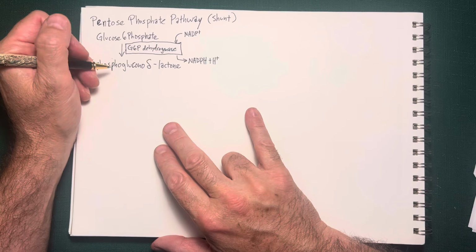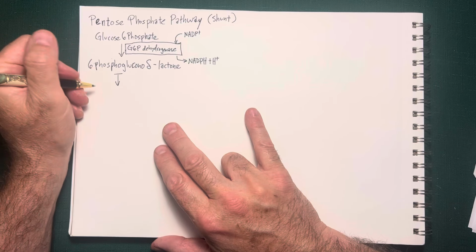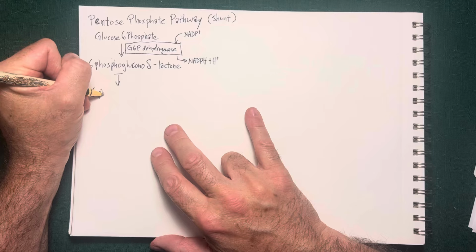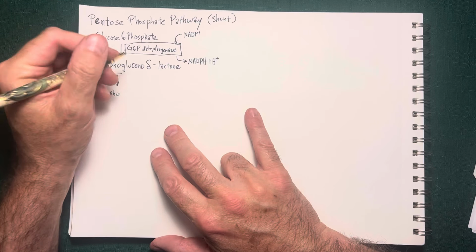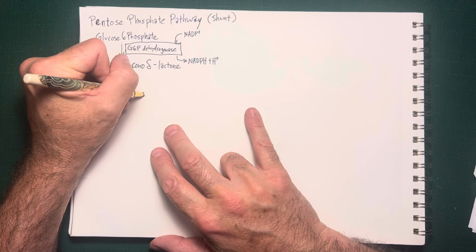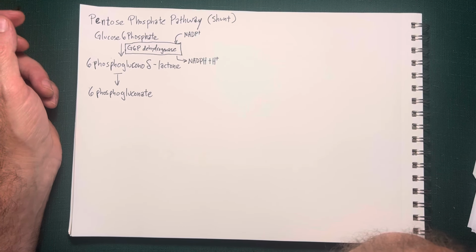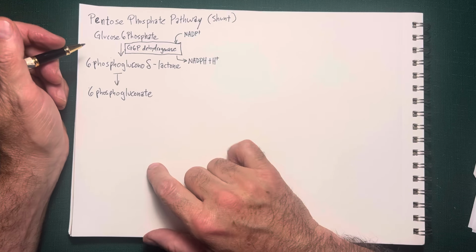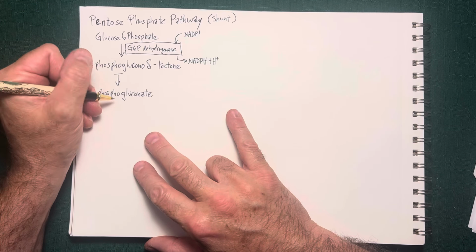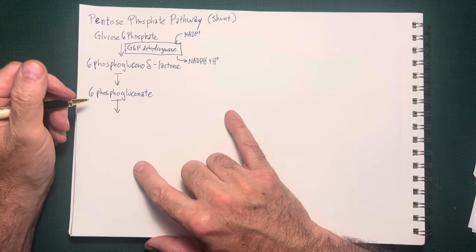And then that intermediate is going to get converted into 6-phosphogluconate, and 6-phosphogluconate is going to be in turn converted into